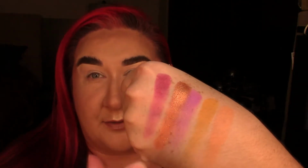I think what I'm going to do is quite a bit of purples and fade into yellow and then do that coppery shade all over the lid, but I'm not really sure how that's gonna work, especially because the purple shades are really dark, so I don't really have a deepening shade. But I'm up for the challenge and I think it's gonna look really cute,